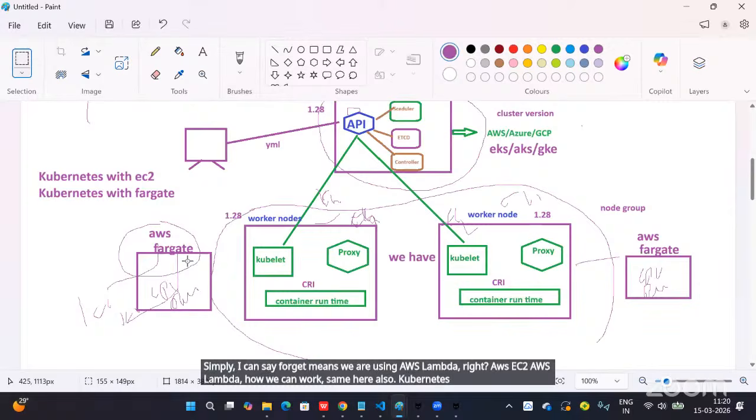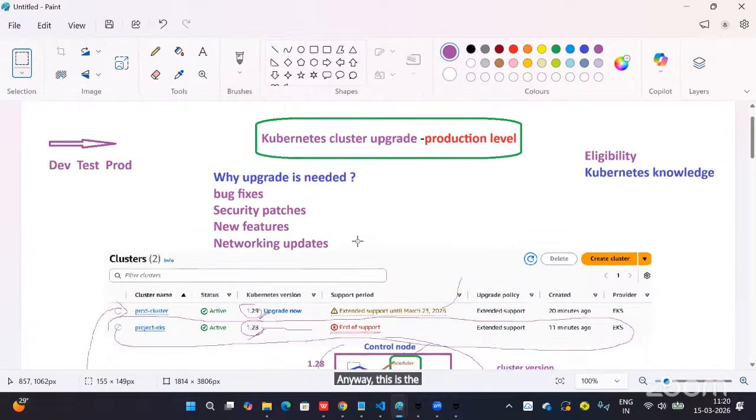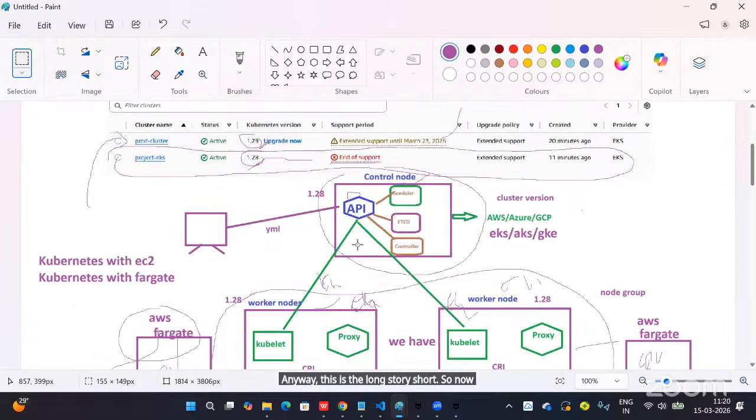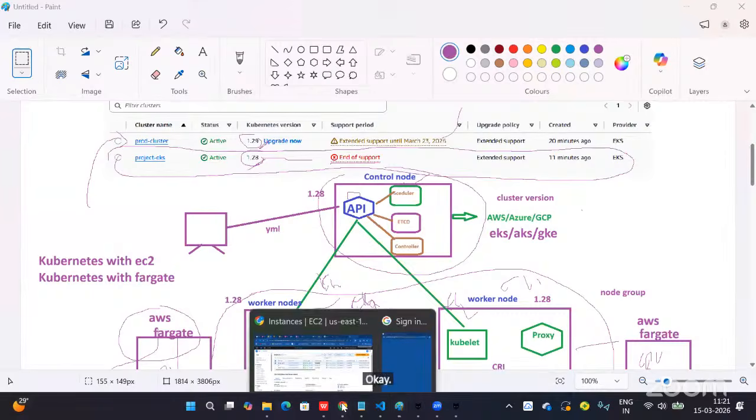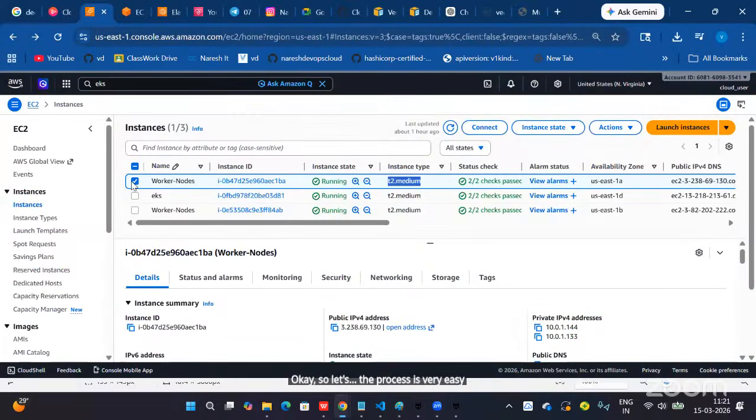Kubernetes worker node is an instance, or the Kubernetes worker node is managed by AWS. That is Fargate. Anyway, this is the long story short. So if your worker node is Fargate, we have to upgrade the Fargate profiles also. But my worker nodes are instances, so we have to upgrade the node group also. The process is very easy, but we have to take care of many things here.